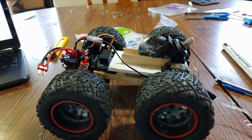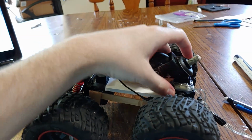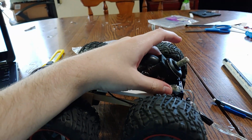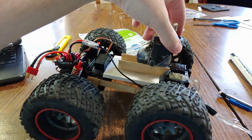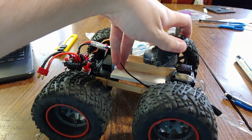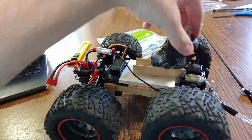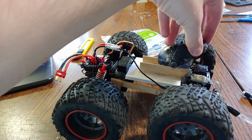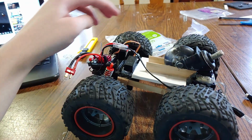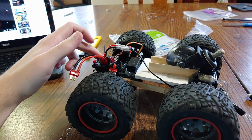Alright, so when it comes to the driving system for this now, here's how I have the caster wheel set up. It's slightly forward of the back wheels, and it's all basically hinging somewhere around in here. So I'm going to set this thing up properly for the base so it can connect properly. Since it goes like this for right now, I'm going to add a little piece of wood to a certain point, so that when this thing's actually on the base itself, it will again be pushing just a little bit of pressure down onto the front wheels